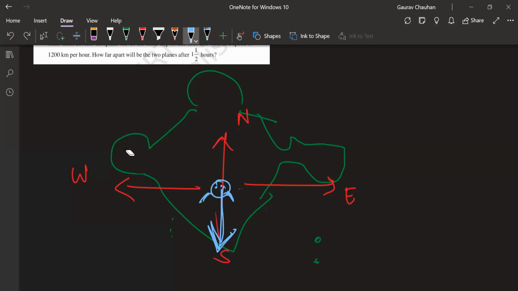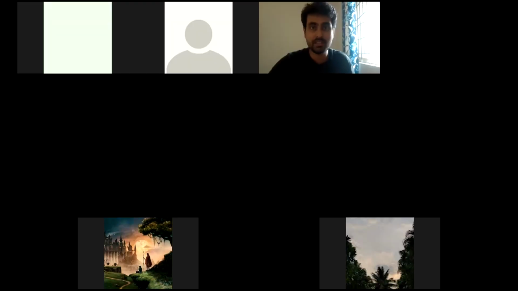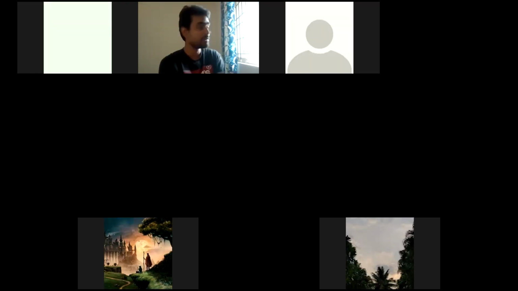If I'm facing south, I'm going to turn this side. Yeah, I want you to see me here. I'm facing south, I'm going to turn this side, right? This is east for me. So I'm turning to my left side, my left shoulder, not my right side. I'm turning to my left side. Behind me is north and towards my right is west.